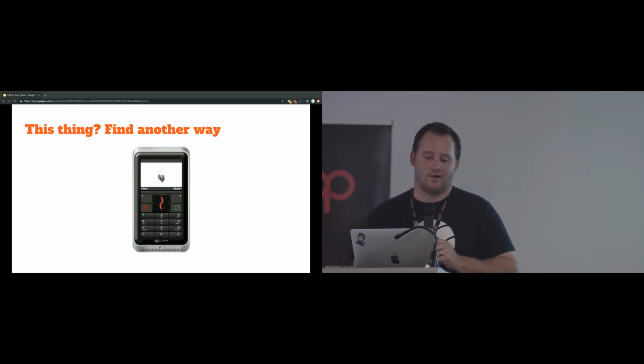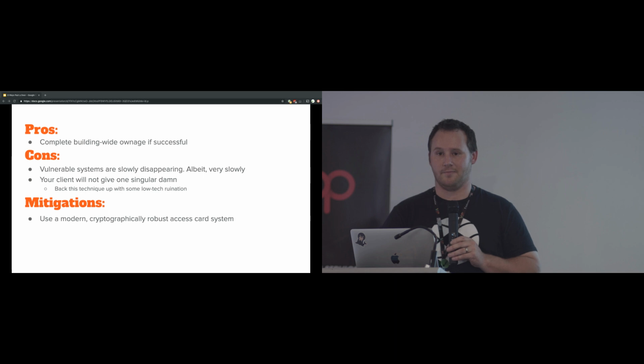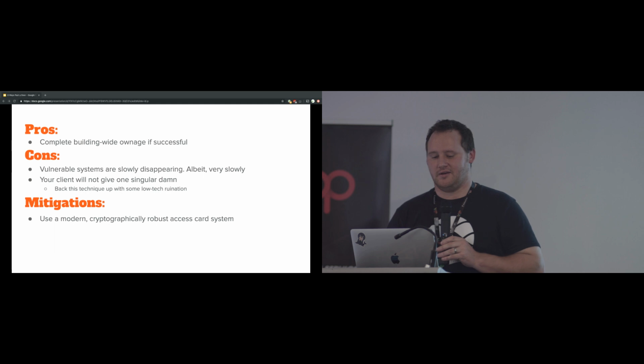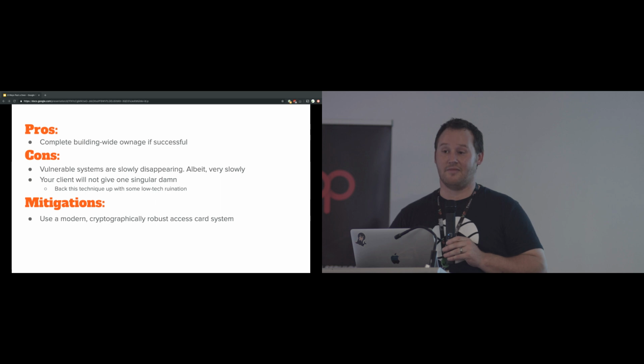So this attack, it's overwhelmingly effective against vulnerable organizations. It won't open a door, it will open all of the doors. For us, it usually means server room selfies on the second night of the engagement. But the downside of this method is that the client will just say, it's not enough threat model, and they do nothing about it. One client, we showed up, we cloned cards, we got all up in every bit of their building, server room, the CEO's office, you name it, we got in there. And over a year later, I paid their site a little visit, and they're still using HID prox. They just completely discounted it as a